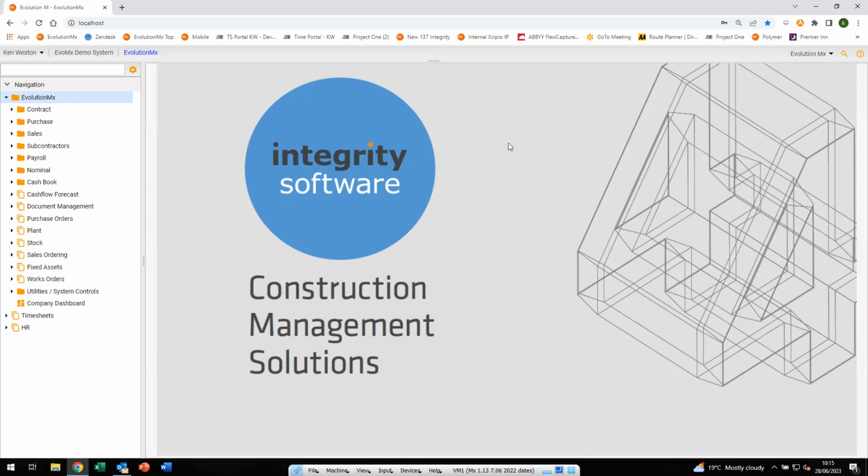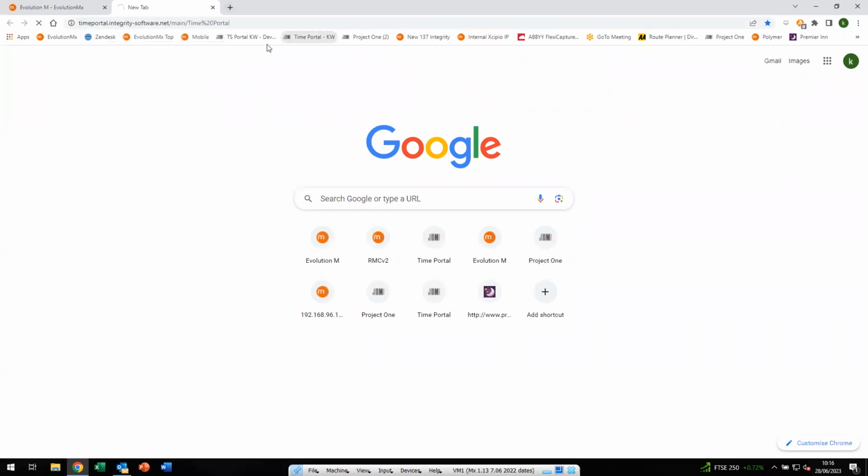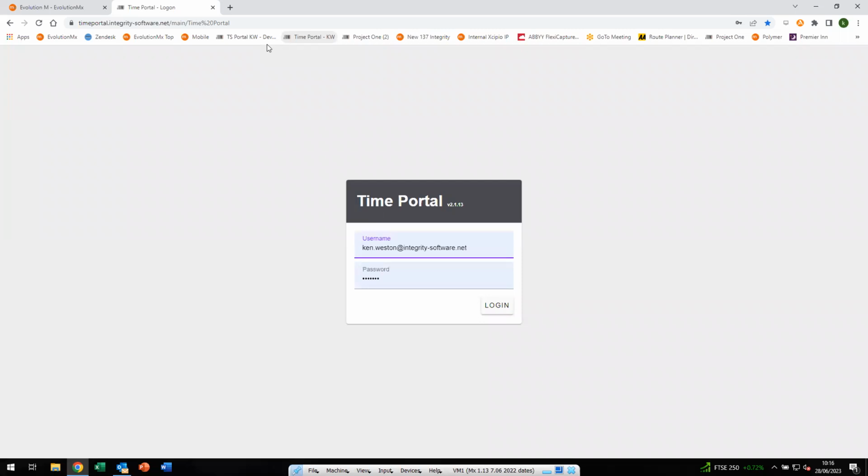Timesheet Portal, or TS Portal for Evolution MX, is designed to work alongside the main system, allowing individual users to submit their own timesheet requests. It's accessed as a responsive web page, and it allows you to use that on any device that you may have. It could be a tablet device, it could be a computer, PC, laptop, it could even be a mobile